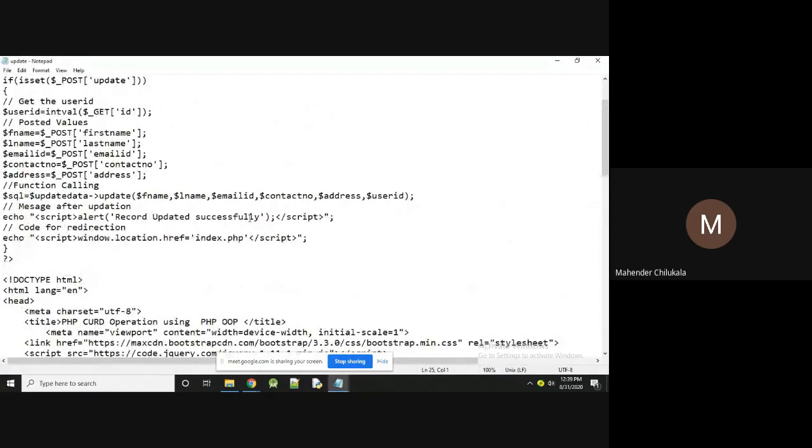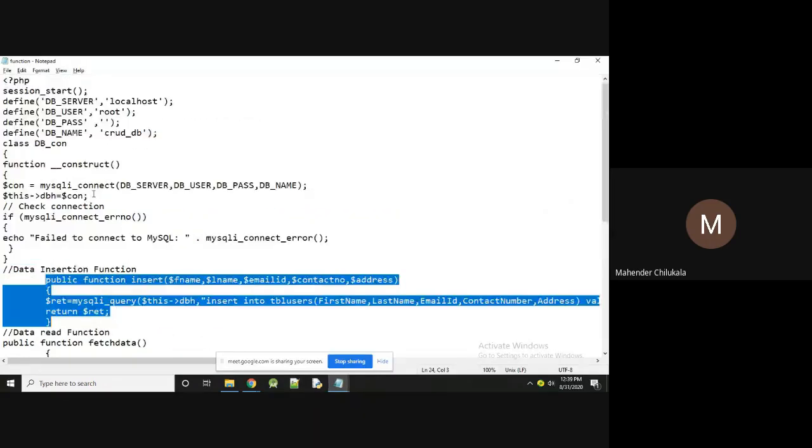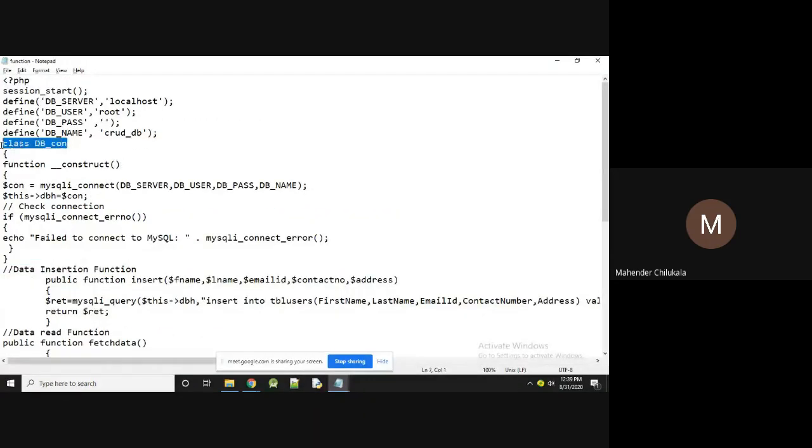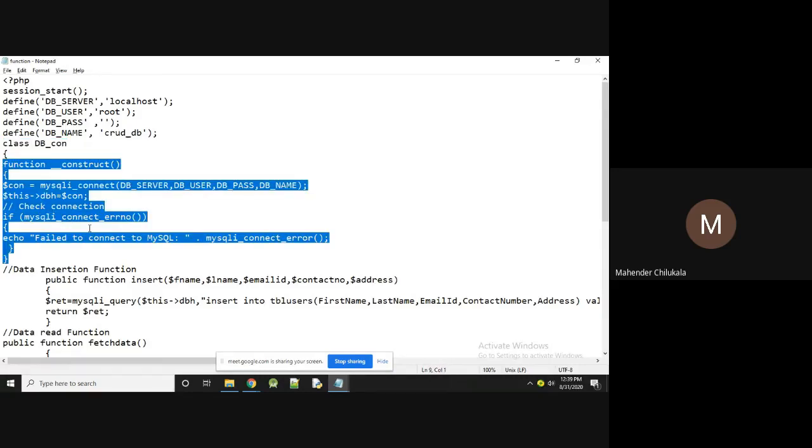So in this CRUD operation, in the function file we are creating one class. In that class we created one constructor. This constructor is called while we are creating the object itself. When we create the object, it checks for the database connection.